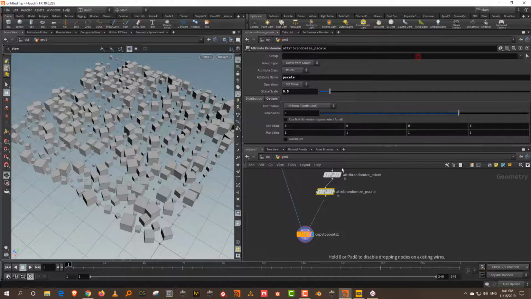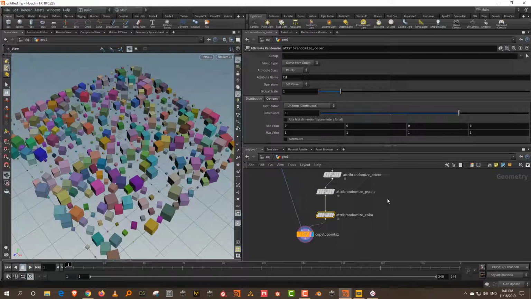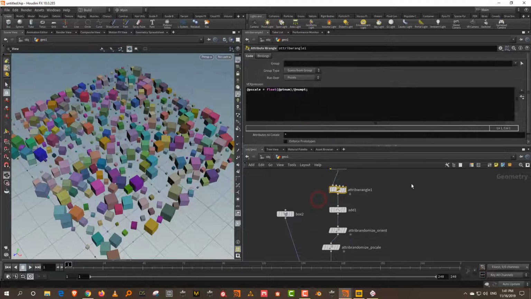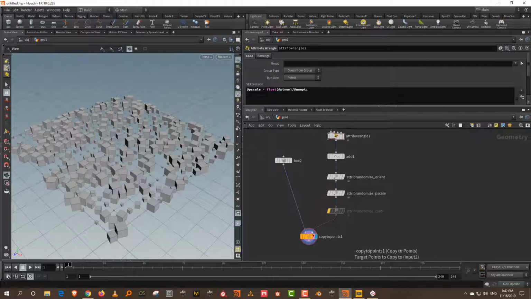And then maybe I also want to do some color. So I can take an attribute randomize, and this is for color. So I can just say this is randomize color. Now, another way of generating color is that you can also take an existing attribute and set a color based on that. Okay, so if I don't want to pick it up from here, but this is random color,